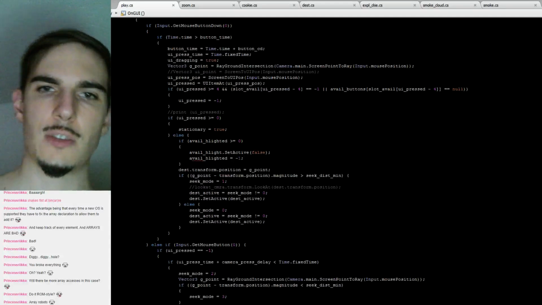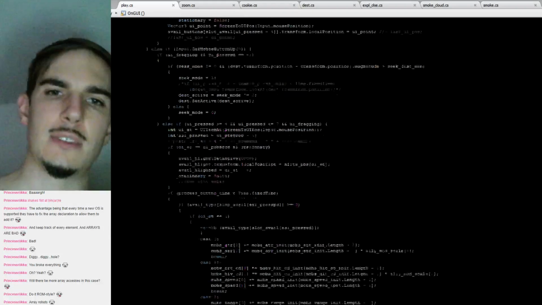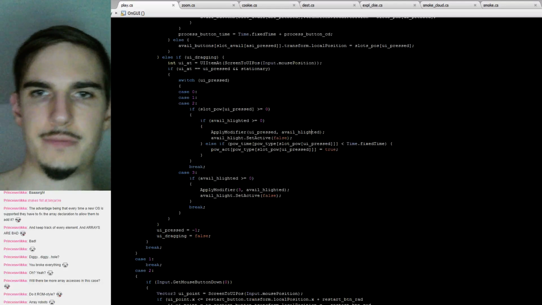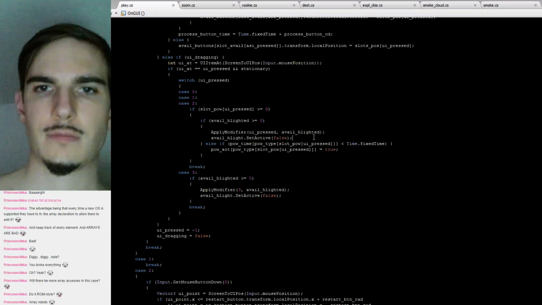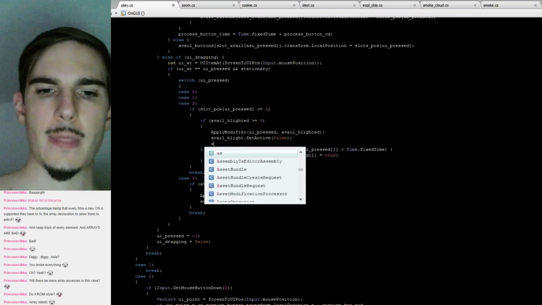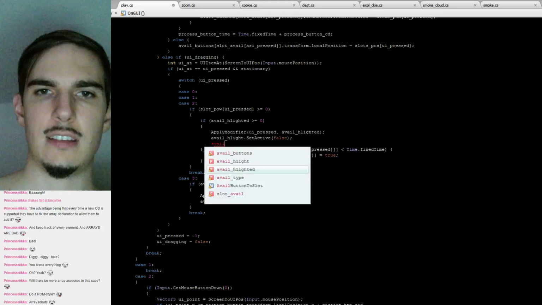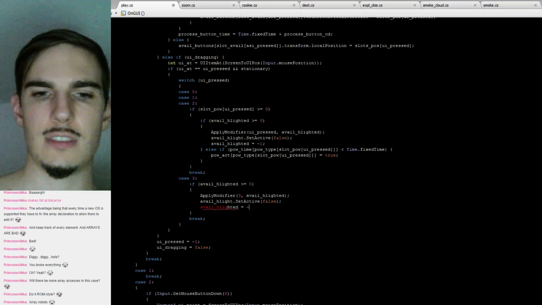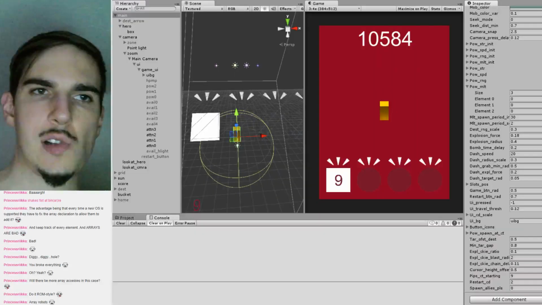So we clear the highlight and we stipulate that nothing is highlighted. Alright, now I think that covers the cases where